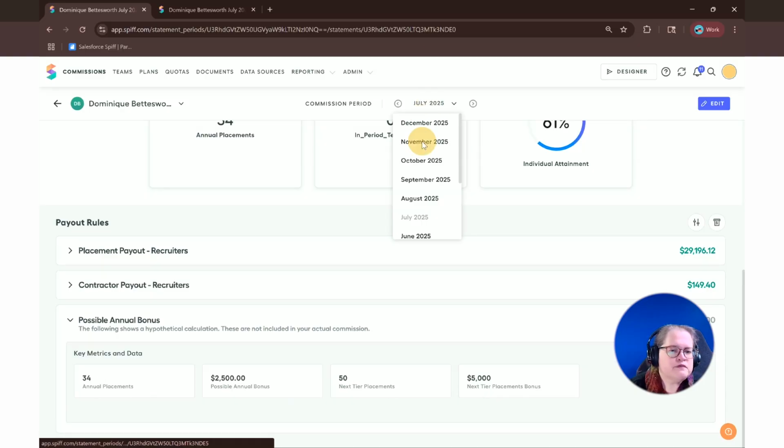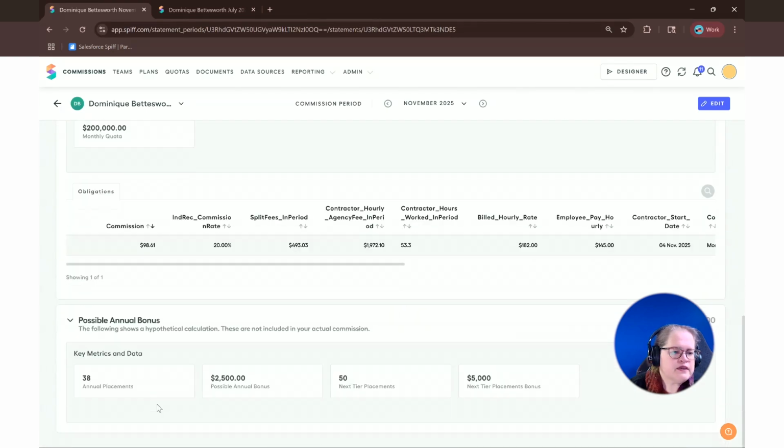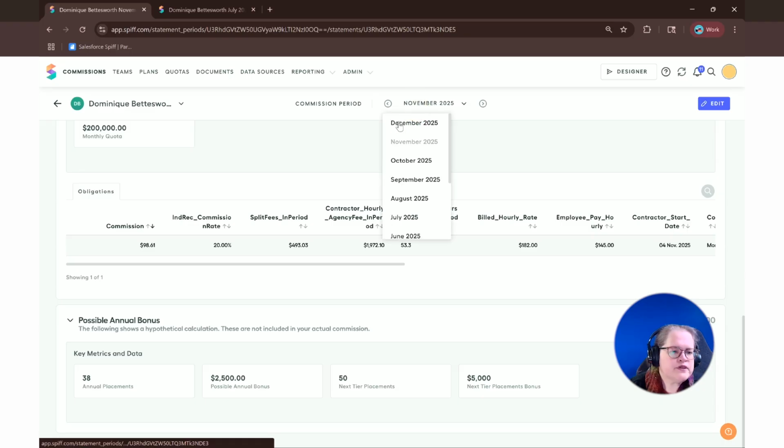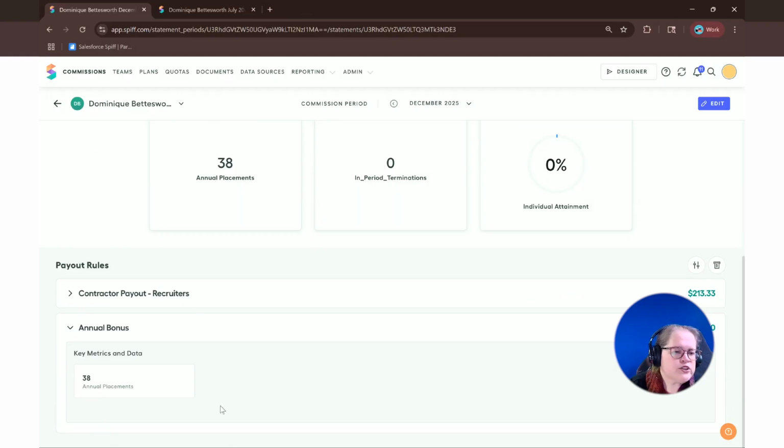And if we forward to November, we will see the same thing. But then if we go to December, instead of that possible annual bonus, we get the actual annual bonus, which just shows the number of placements, but is no longer a what if rule, but is actually paying for the number of placements that she got. And again, if we return to Designer,